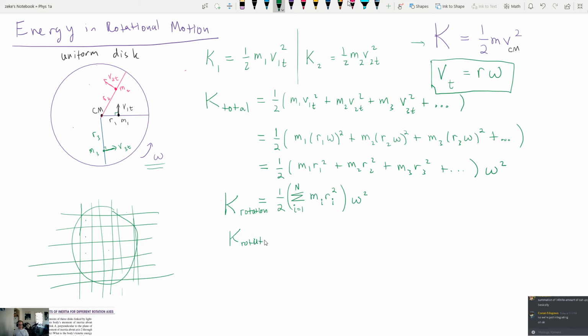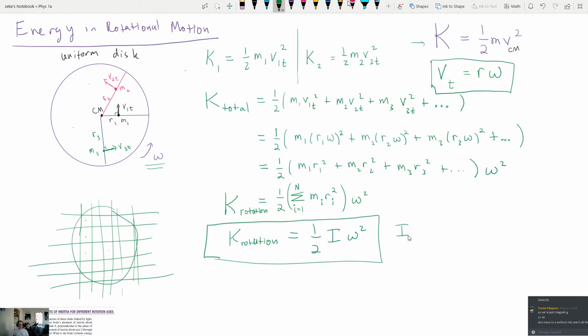But what we can do is we can give it a name. We're going to call it I. And this is going to be the much simpler version of rotational kinetic energy for us. And so then I then is,